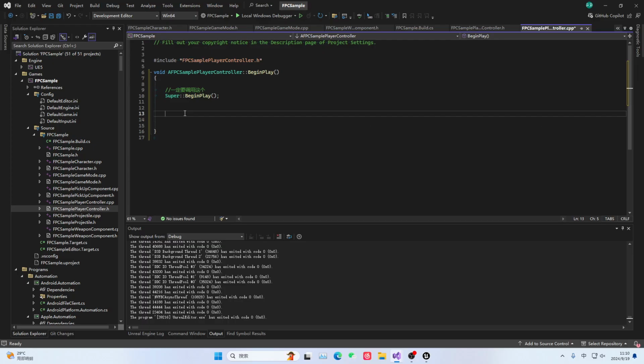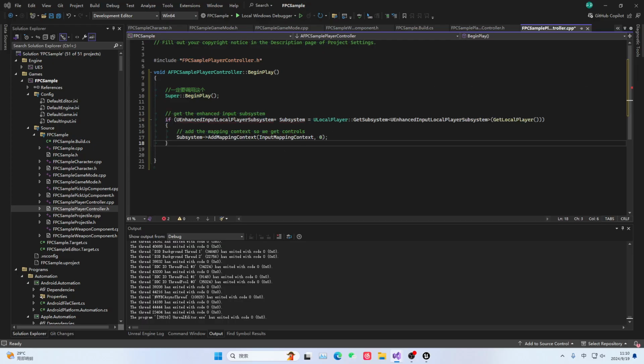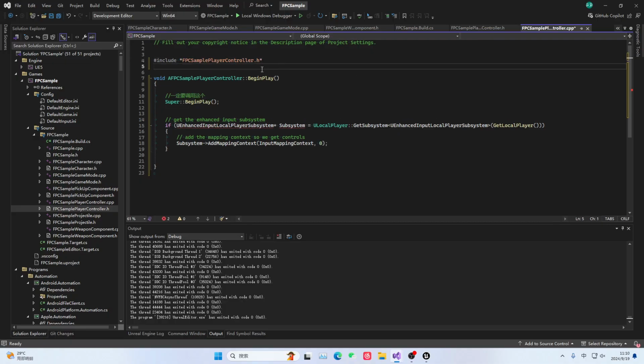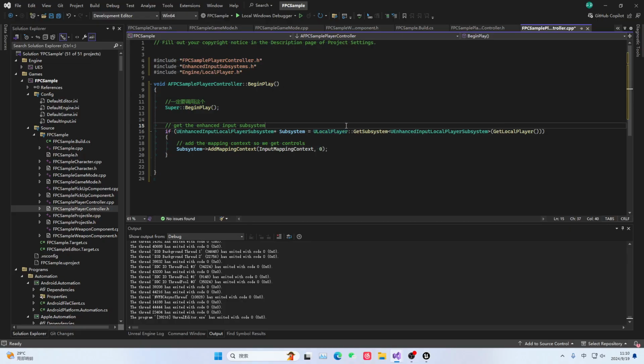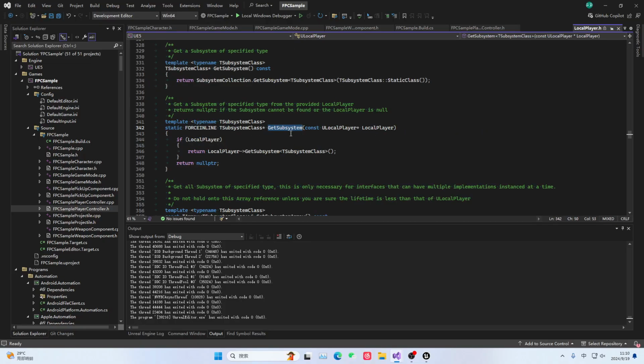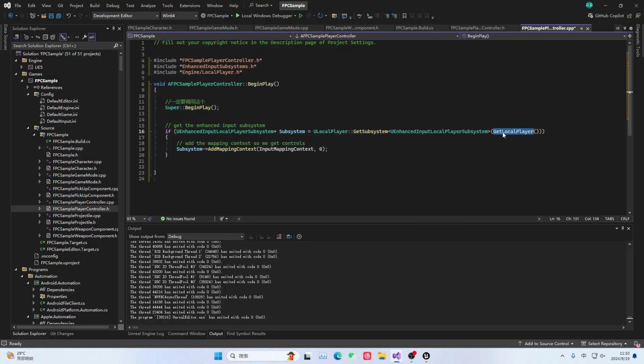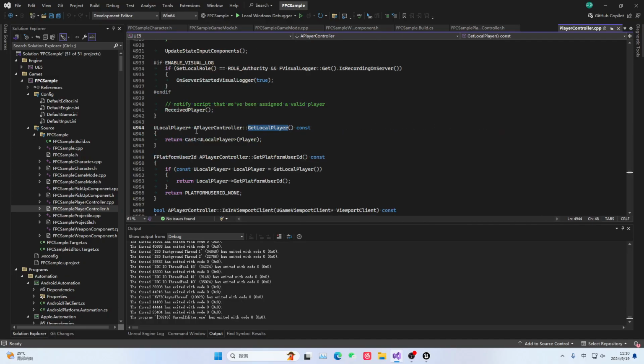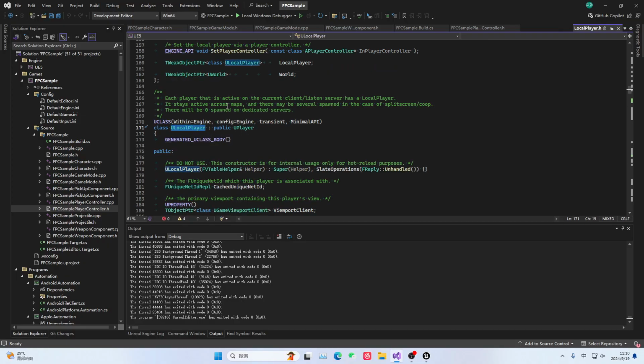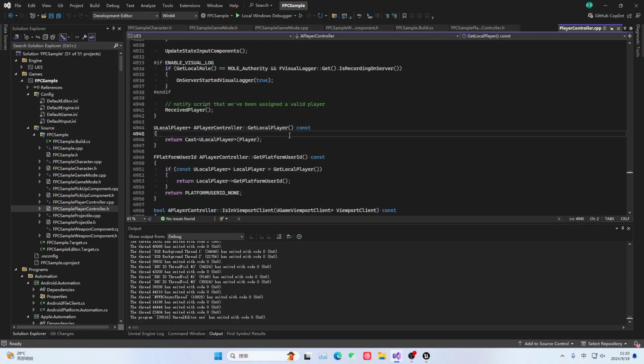Then we are here. We need to include this. Same file. In this place we use the local player class, this form method to get the subsystem. This method is specifically for getting this kind of local player level subsystem. And you see this subsystem inherits from the local player subsystem level, and it satisfies this enhanced input system interface. So this subsystem needs to pass in a local player. This local player is what we commonly refer to as the class for each player, right?